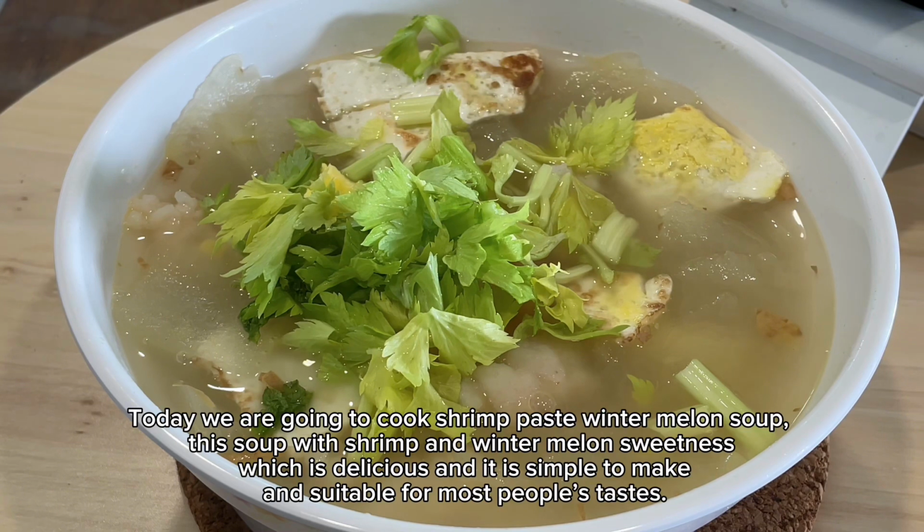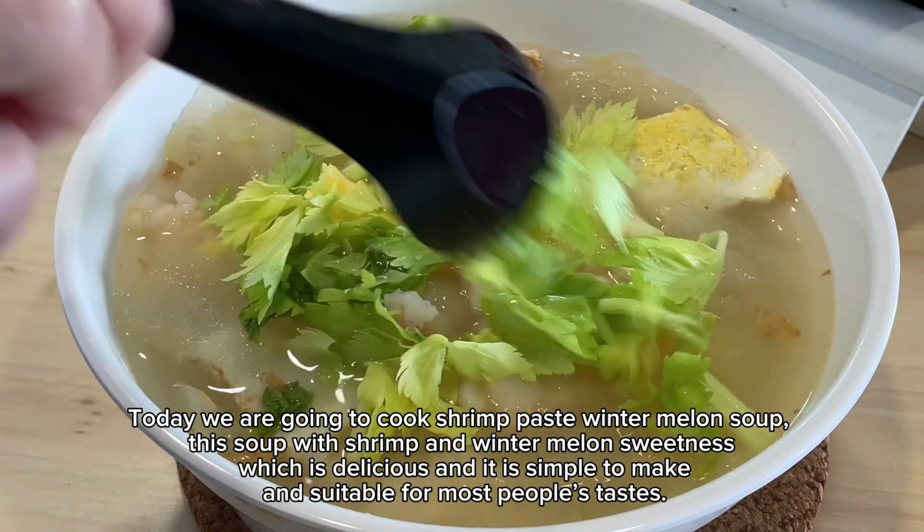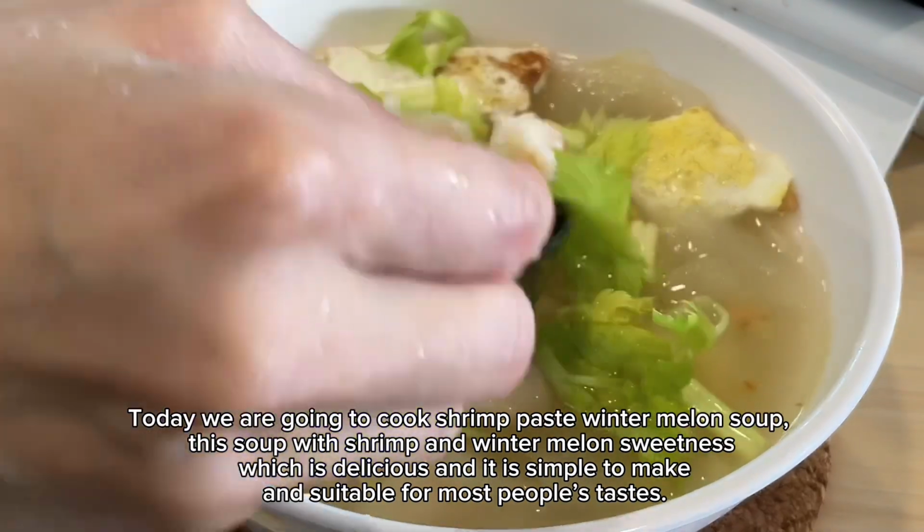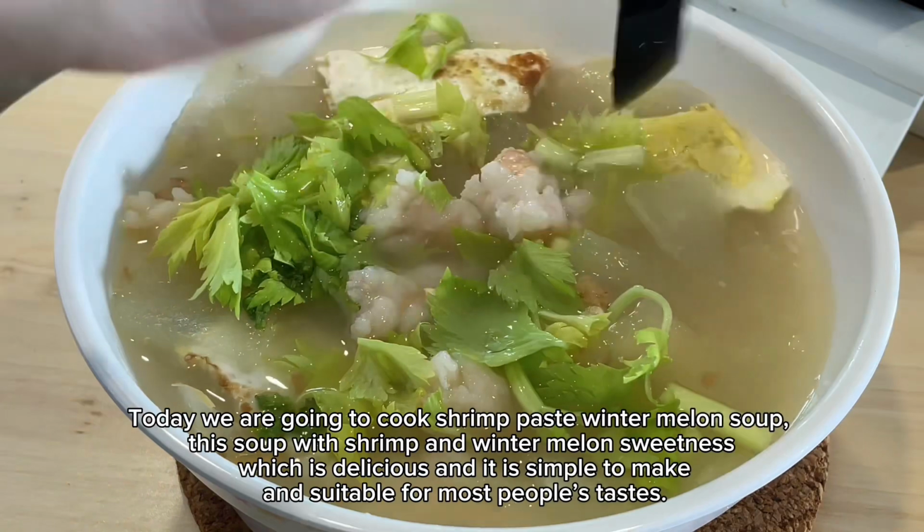Today we are going to cook shrimp paste wintermelon soup. This soup with shrimp and wintermelon sweetness is delicious, simple to make, and suitable for most